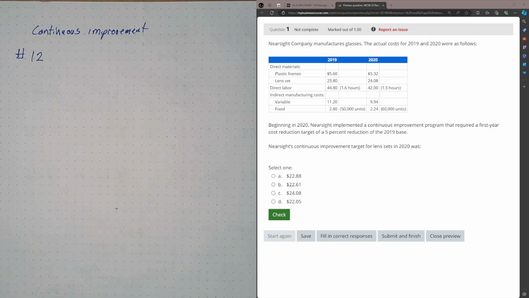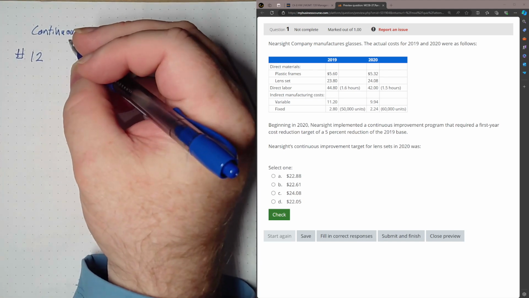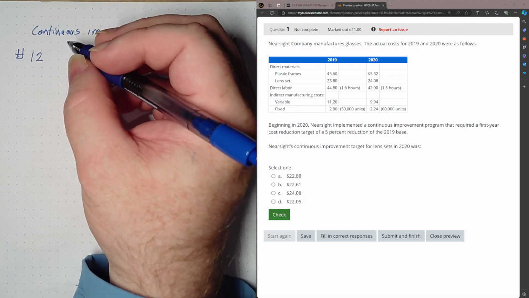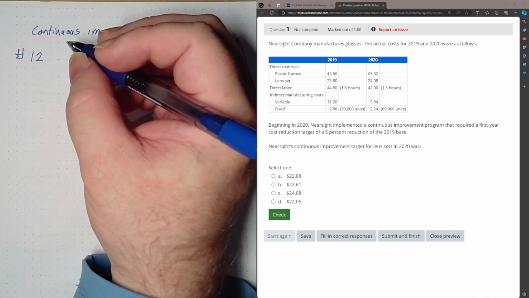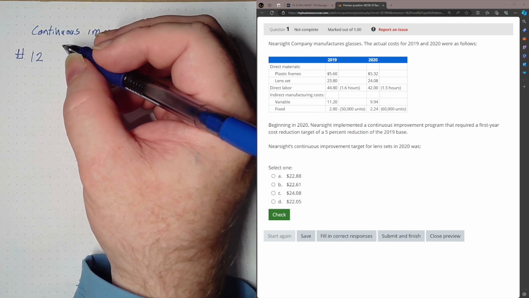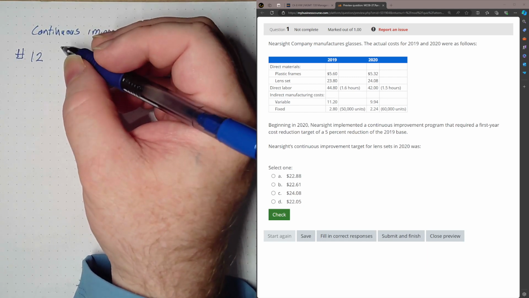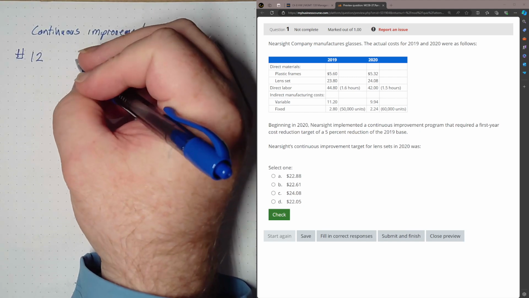Now, what is their target? 5%, a 5% reduction. And we're just going to do the same sort of thing that we did before. Now, here it says the lens for 2019. So this is what you actually did in 2020. But if you had a 5% reduction, what should it have been? So if we say